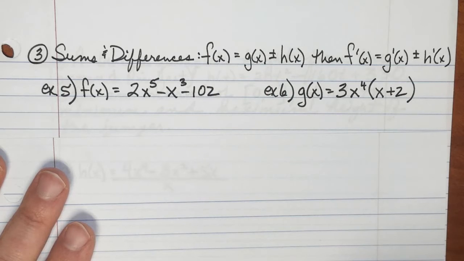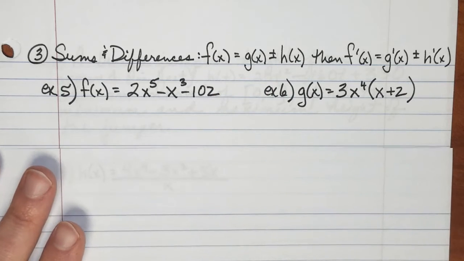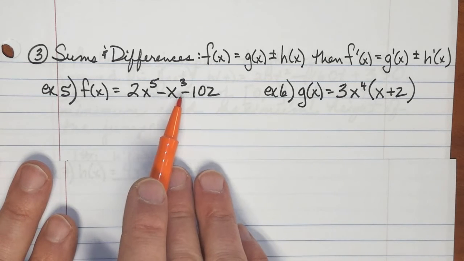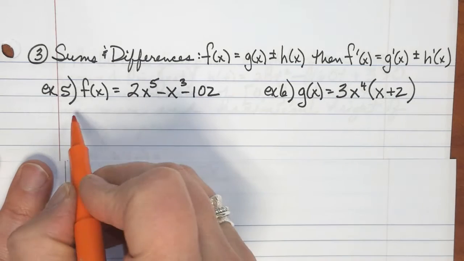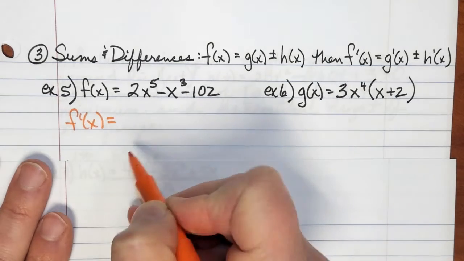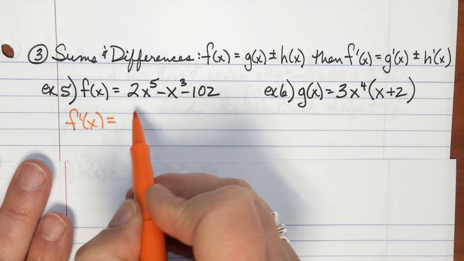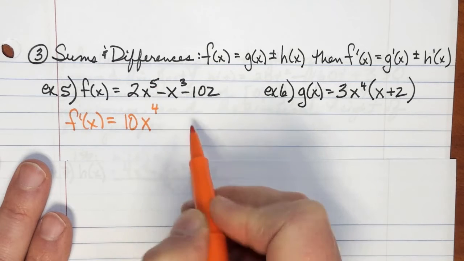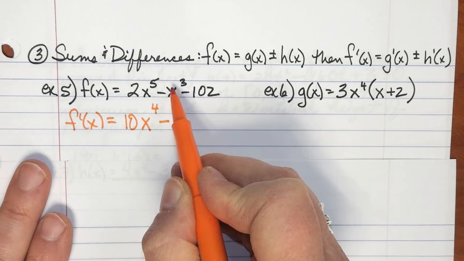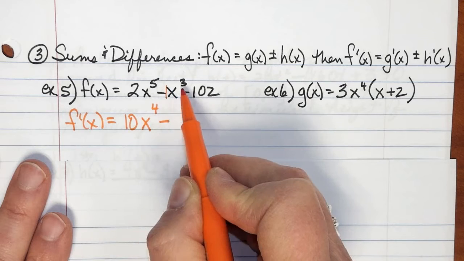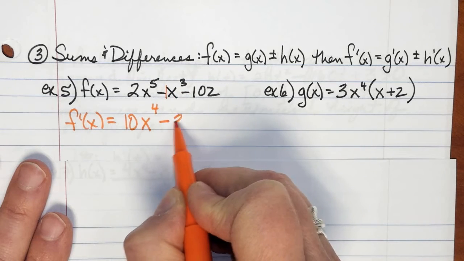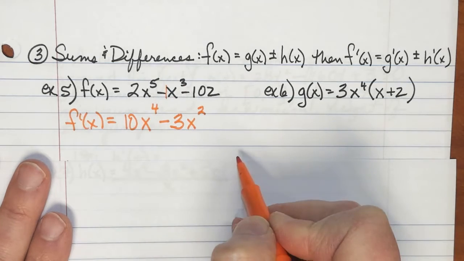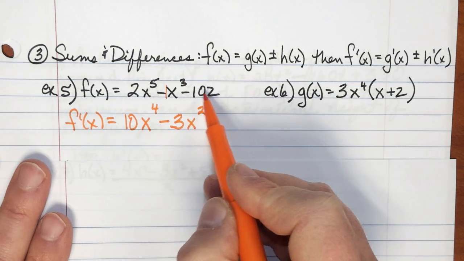Okay? Let's look at example 5. Example 5 has a function of 2x to the 5th minus x cubed minus 102. If I want that derivative, that's simply 5 times 2, 10, times x, and then I reduce the exponent by 1, minus 3 times, there's like a negative 1 right there, so I would have a negative 3x, lower that by 1, squared, and then the 102 is an integer, it's a constant, so that,